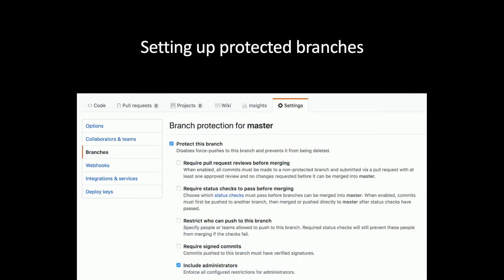All right. So some of the things that we're able to do at the protected branch level. We can require people to review it, and then we can assign a number to that. We can require specific status checks, so any tests that we have, we can make sure that those tests pass before it can be merged. And then we're also able to restrict who's allowed to merge into that specific branch. And then we can also expect a signed commit as well.